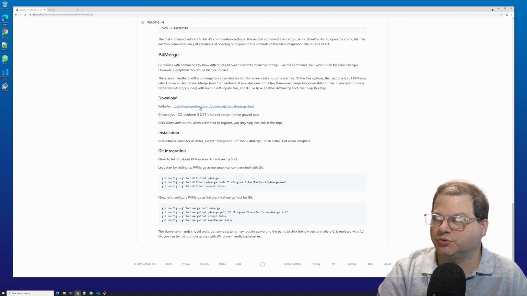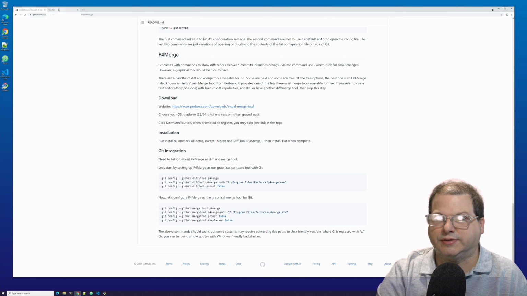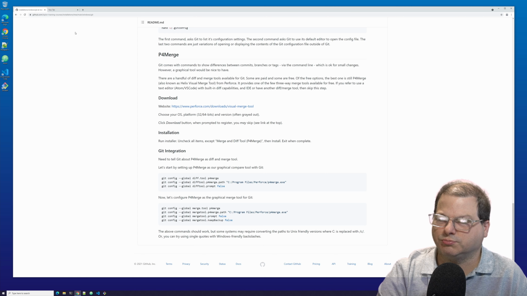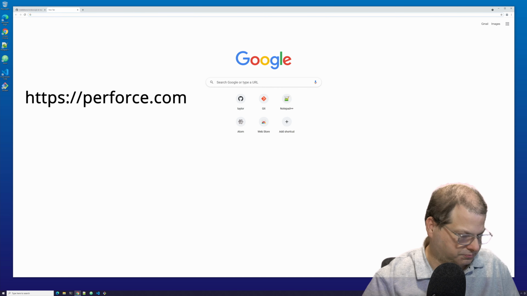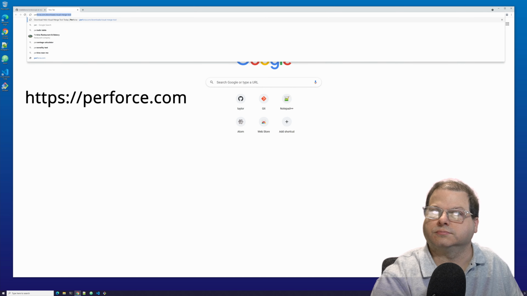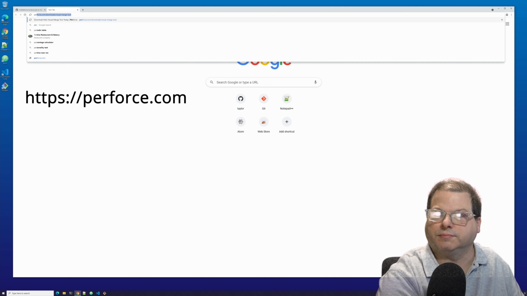It's at Perforce.com because that's the name of the company that actually builds this tool. They actually have a competing source control tool called Perforce or Helix that is an alternative to Git, but it's more of an older style centralized system. But they do have some pretty amazing Git integration tools, so those are worth a look. To go to Perforce.com,